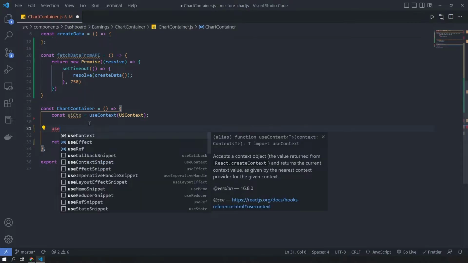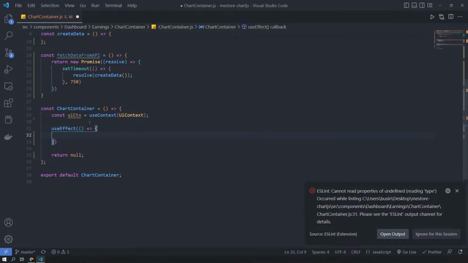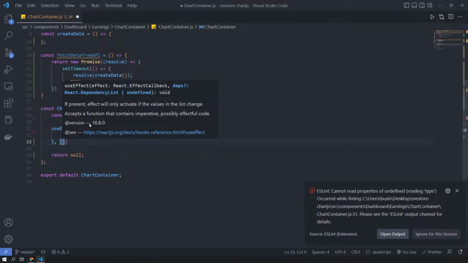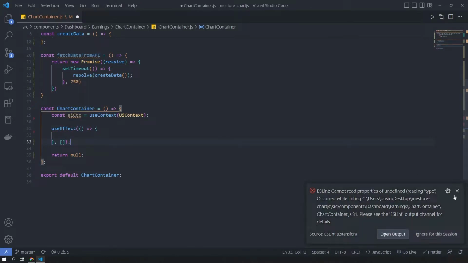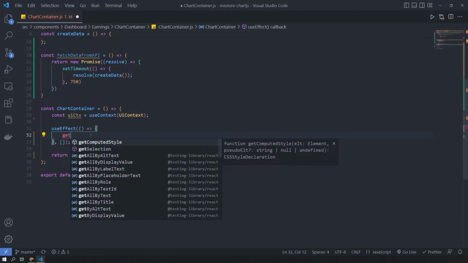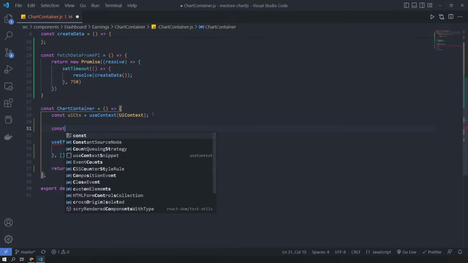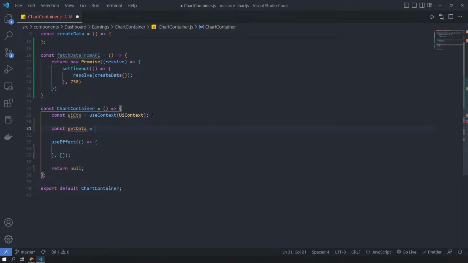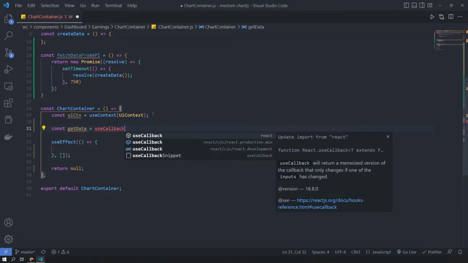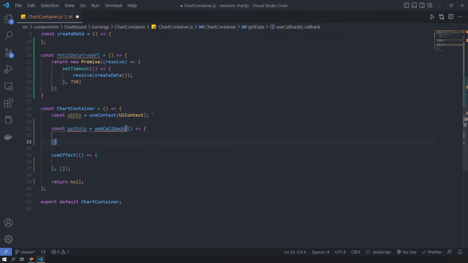We'll then call this function in a useEffect within our chart container component. The useEffect will run once when the component mounts because we leave our dependency array empty. But we're actually going to create another function above the useEffect that will handle setting state and all of that. So we need to wrap this in a useCallback so that we can send it into the useEffect